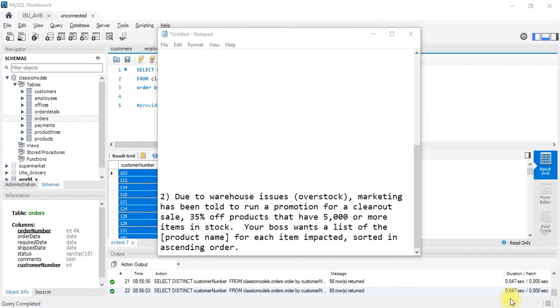Question 2, there are warehouse issues. There's overstock problems. And so marketing has been told you're going to run a promotion for a clear out sale, 35% off products that have 5,000 or more items in stock. I created this question because sometimes you think you're going to be given information on the front end, like